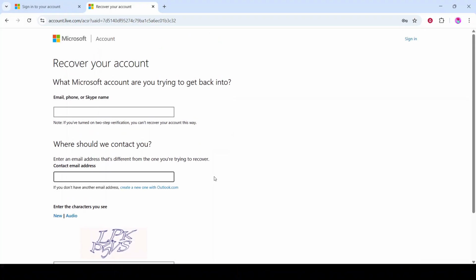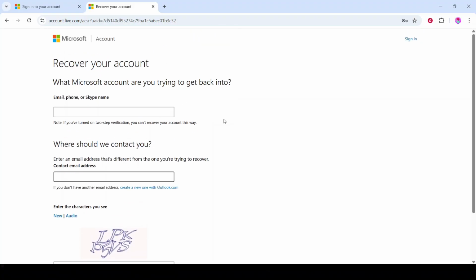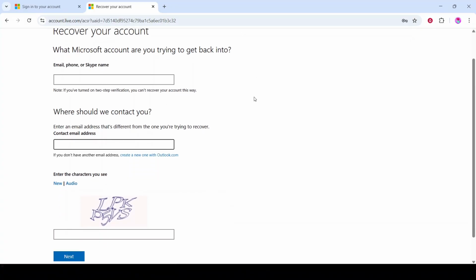wait. Once you're allowed to reset, create a strong new password and add a recovery email to make future access easier. That's it. Follow the option that fits your setup, and you'll be back into your Outlook account without needing